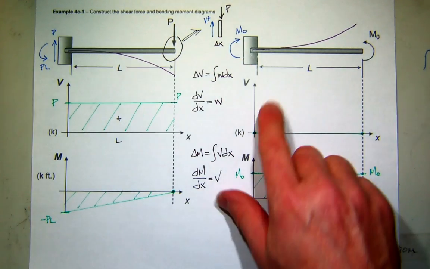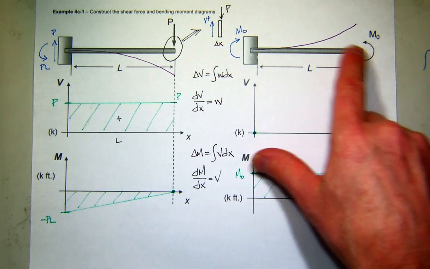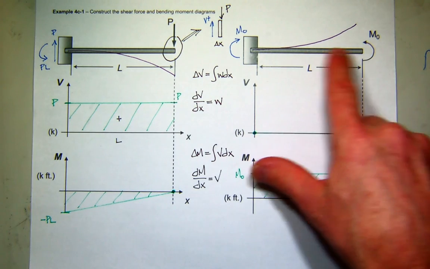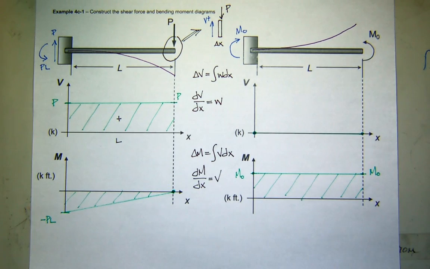If you look at it, you might remember that this is the way we define positive moment on a section, with moments in that direction on each side. Okay, cool. So we did